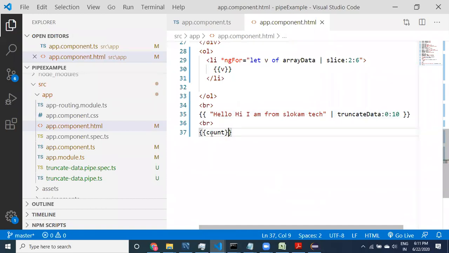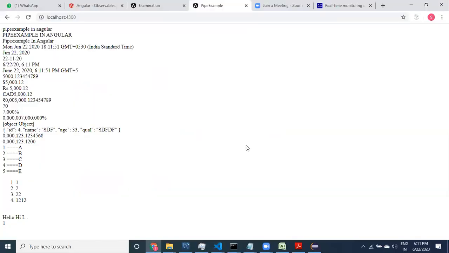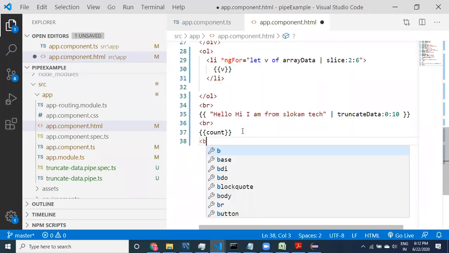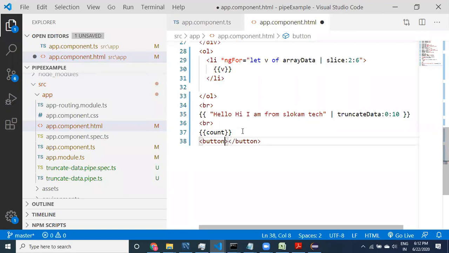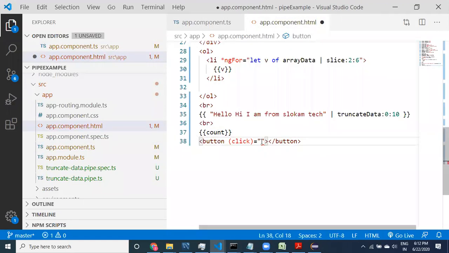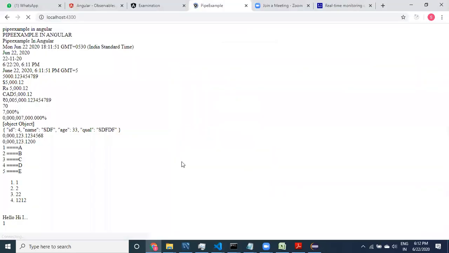Count. You can print the count value. Of course, the count is going to start when you start the method. You can take a button and say click. What is the method name that we have provided? Display. Now if I provide it like this and click on this button,